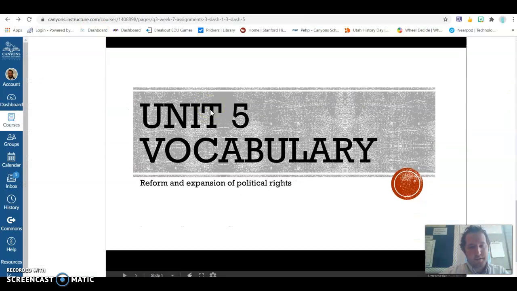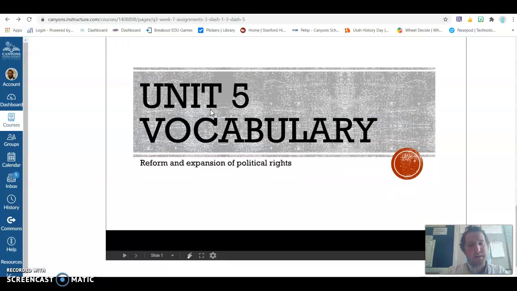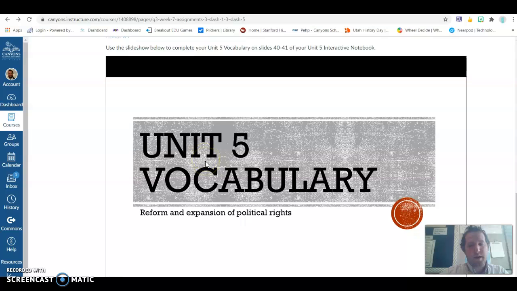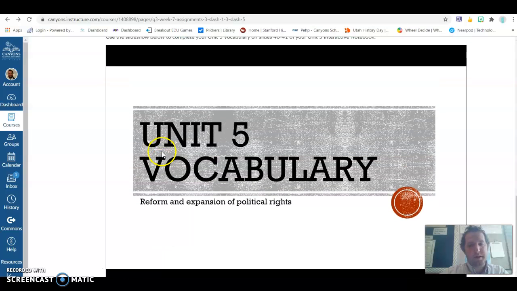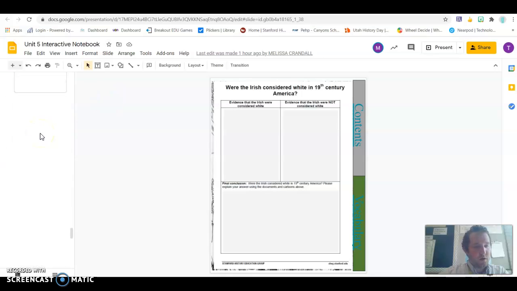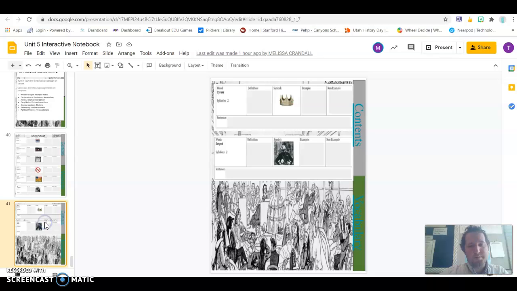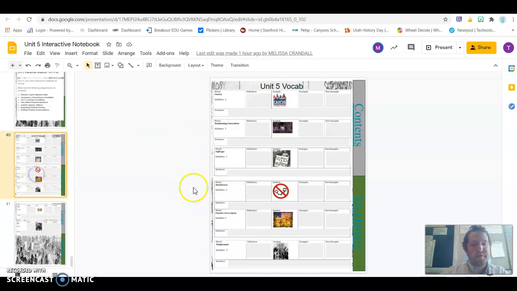And finally, your Friday activity is to complete the Unit 5 vocabulary. The PowerPoint's right here, embedded in this page. In your interactive notebook, you're going to go all the way to the bottom here, pick slides 40 and 41 is what you'll use to fill out. You'll fill this out using